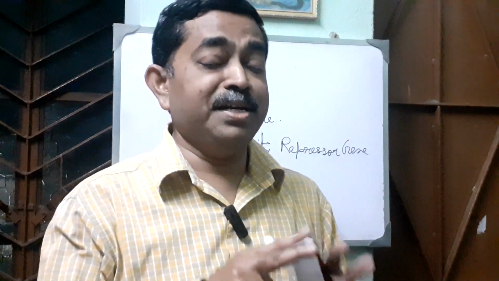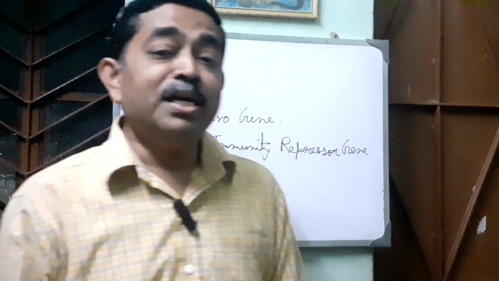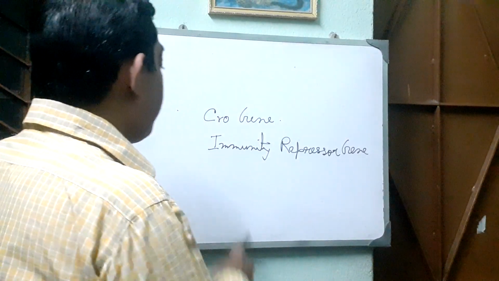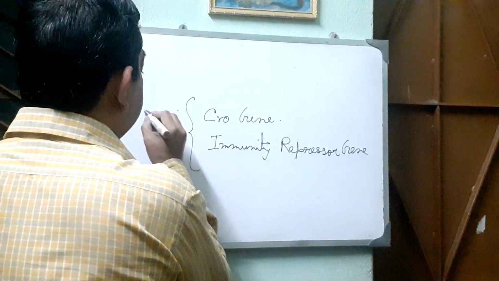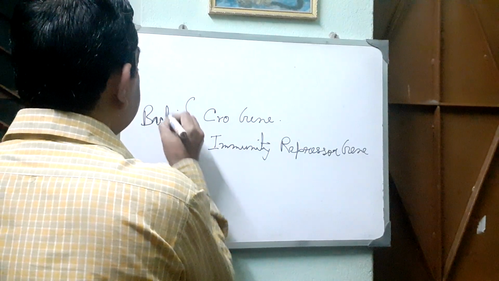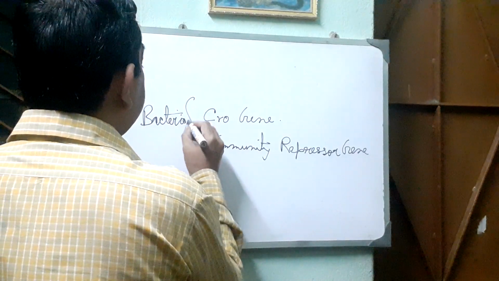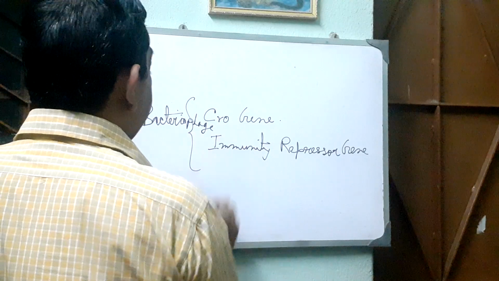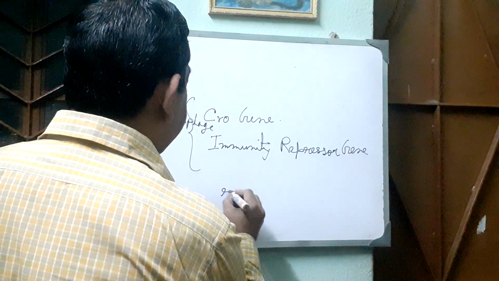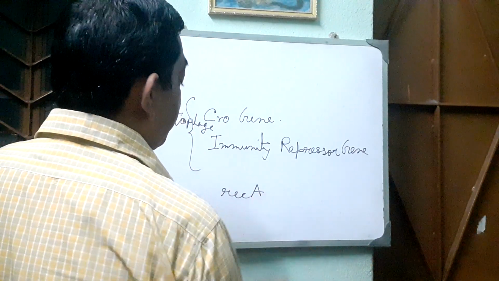So in this way, the lytic cycle and the lysogenic cycle will happen. Another thing is the induction of the lytic cycle again after the lysogenic cycle, which happens due to another gene. These are bacteriophage genes, present in the bacteriophage genome, and another gene is the REC-A gene, which will be produced by